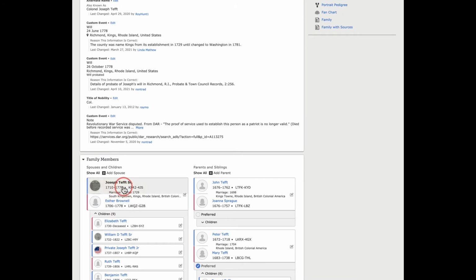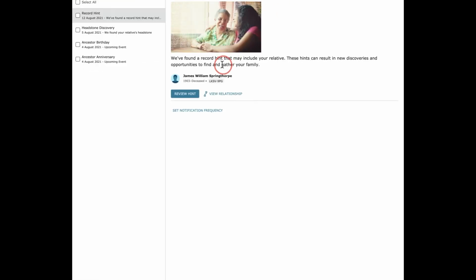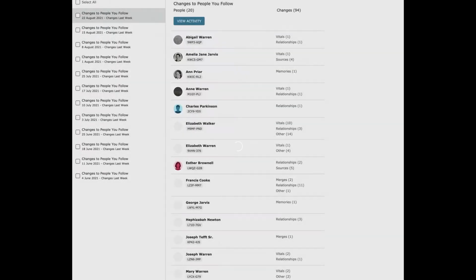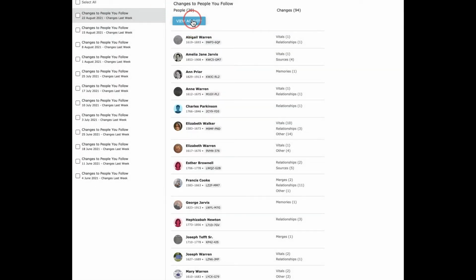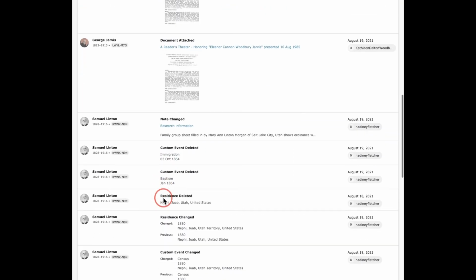So the first one, even though these people are called revolving door ancestors, the reason why is because they have frequent changes. It's interesting that most of the changes are resolvable rather easily and quickly. So now we're going to go back and view all the activity in the changes and scroll down a little bit, point out another